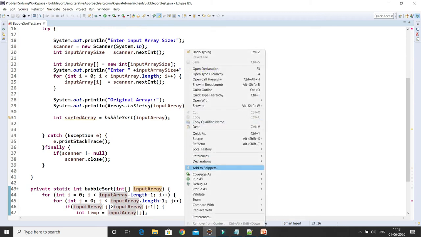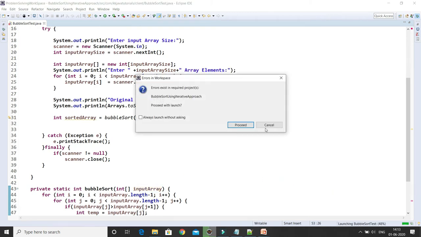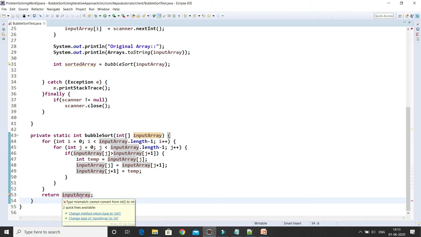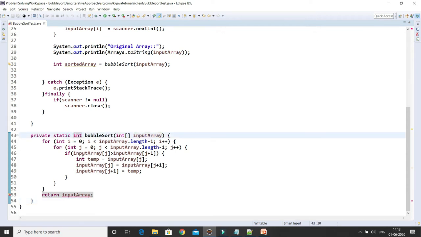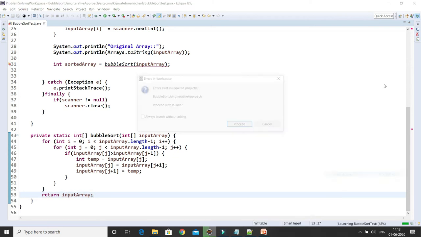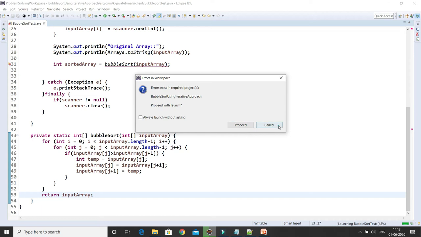Let me run this program. There is some compilation error, I don't know why. Okay, here we have to return the array, so that's the error it is throwing. Now let me run this program. What happened again?